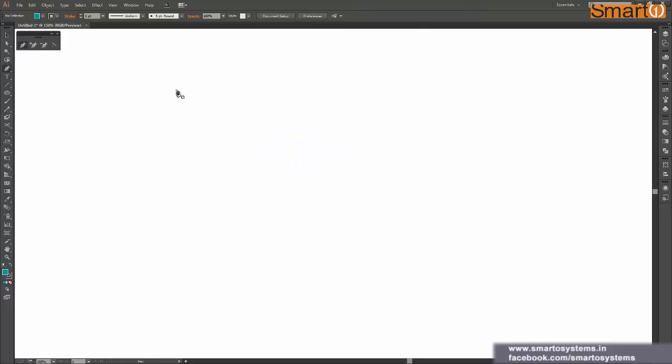So this time actually we'll just click, create our first point, and while creating our second point, we will click and drag. So you can see that when I'm dragging, I'm creating these tangents for my anchor point.